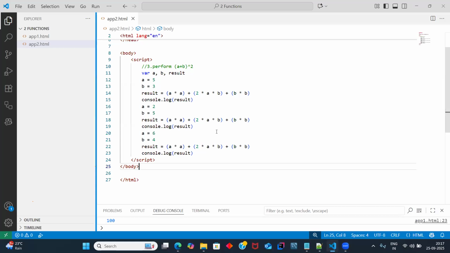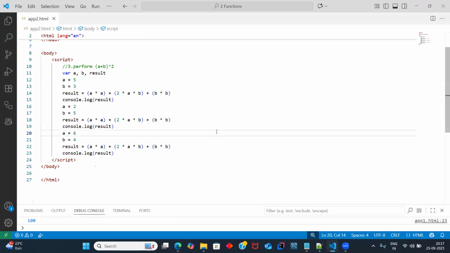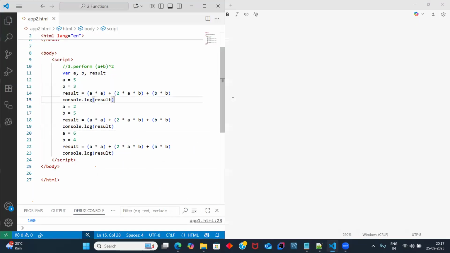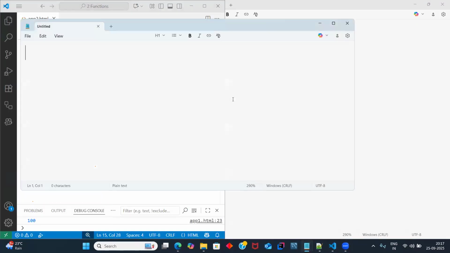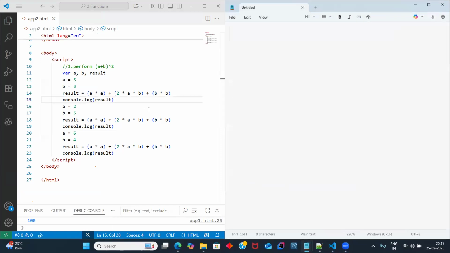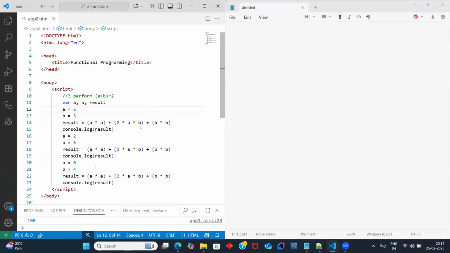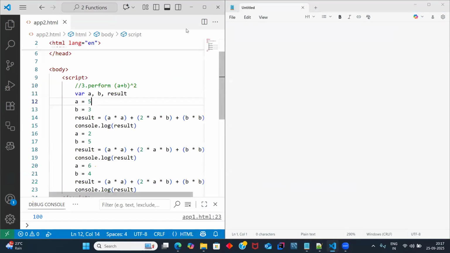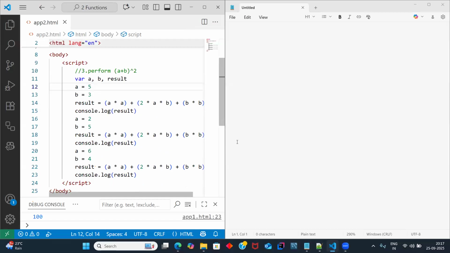Maybe, yeah. Let's keep this code at left side. Let me open a fresh notepad. Let's keep it as right side. Yeah, so this is our code. Right, you're correct, it's like methods. I was discussing how to write a method in JavaScript, nothing beyond it, what I was doing here. Okay. So guys,